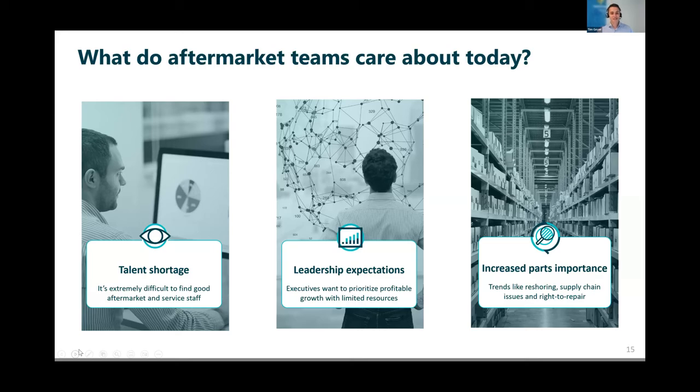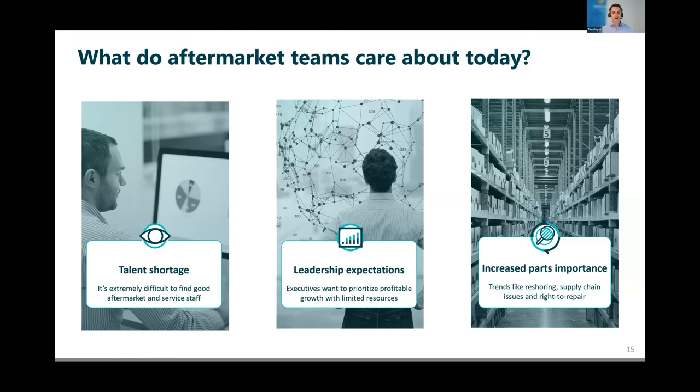The second one is leadership expectations. They are very high for the parts and aftermarket organizations today, mainly because the new equipment side of the business is very, very competitive nowadays. That means executives have looked into the parts business and realized, oh, we're actually quite profitable here. Why don't we just grow that side of the business? Because it will lead us to better margins, and it can also help us become more competitive on the equipment side because we're more profitable in the aftermarket space. So executives want to prioritize that profitable growth, but at the same time,